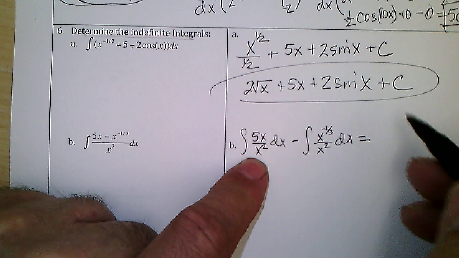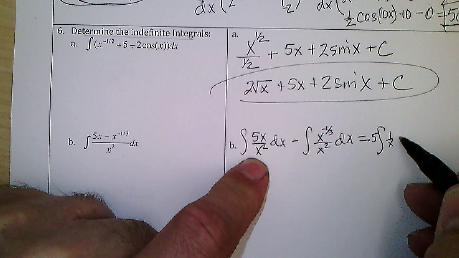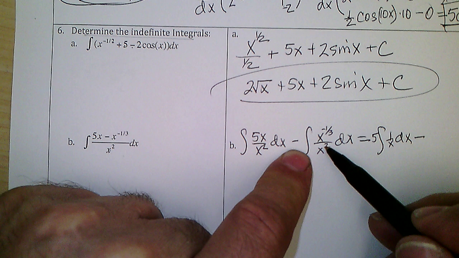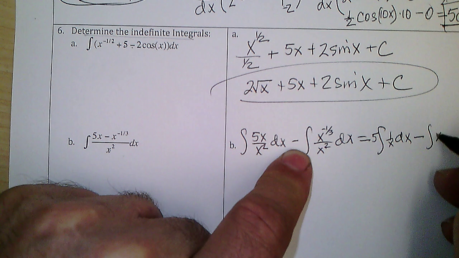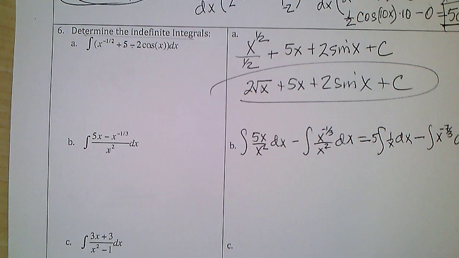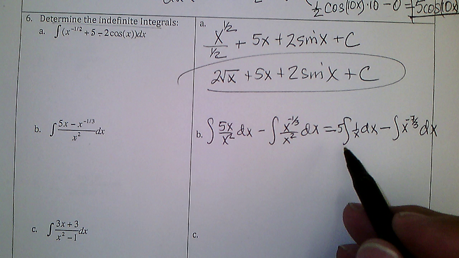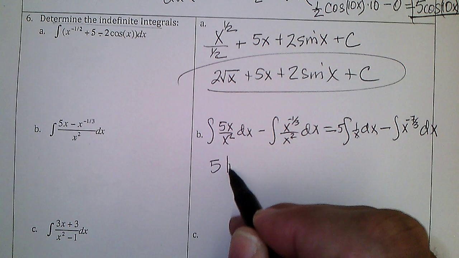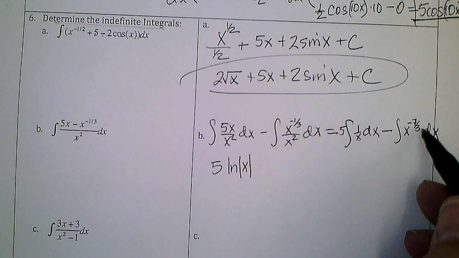So one of the x's cancel, and we just have the integral with a 5 on the outside of 1 over x dx, minus, and taking 2 from a minus 1/3 is x to the minus 7/3 dx. And integrating 1 over x, that's ln of x, absolute value of x, minus, and integrating this,